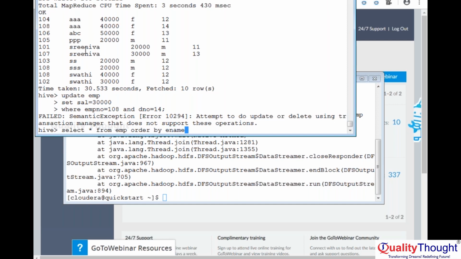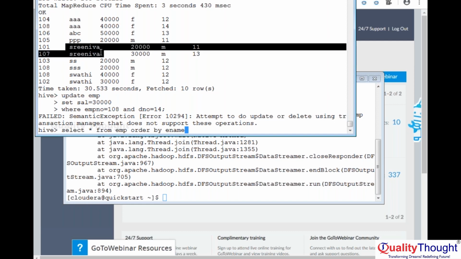Ename comes in the same order. Srinivasa, same ascending order. So next both are same. Next one, sal, sorry, department number. Department number ascending order means first the 11 record comes, next the 13th department number,